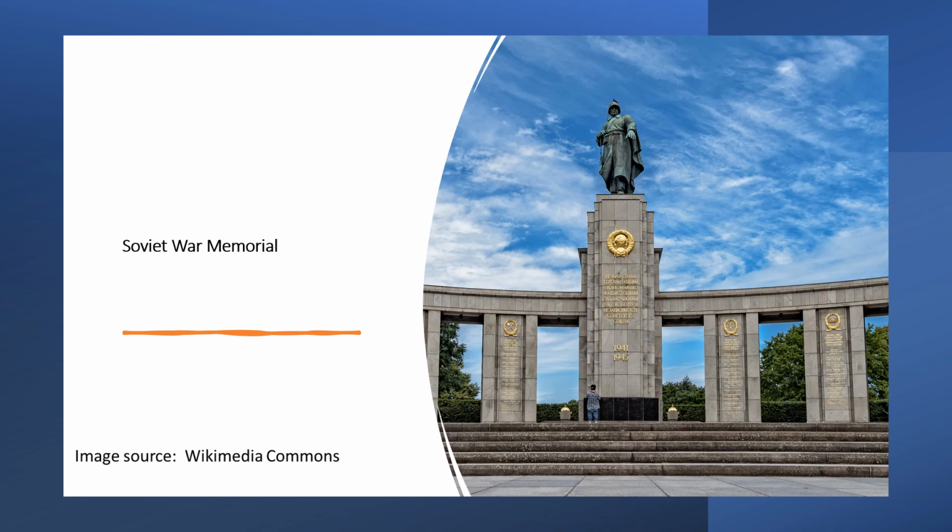After the final Battle of Berlin, Soviet troops occupied most of the city, but not here. The Soviet War Memorial commemorates the 80,000 soldiers of the Soviet armed forces who died just during the Battle of Berlin in April and May of 1945. I've seen monuments inside the former Soviet Union, but this is among the nicest that I've ever seen. They appropriated the stones for it from the ruined Reich Chancellery, which is not very far from here, and somehow